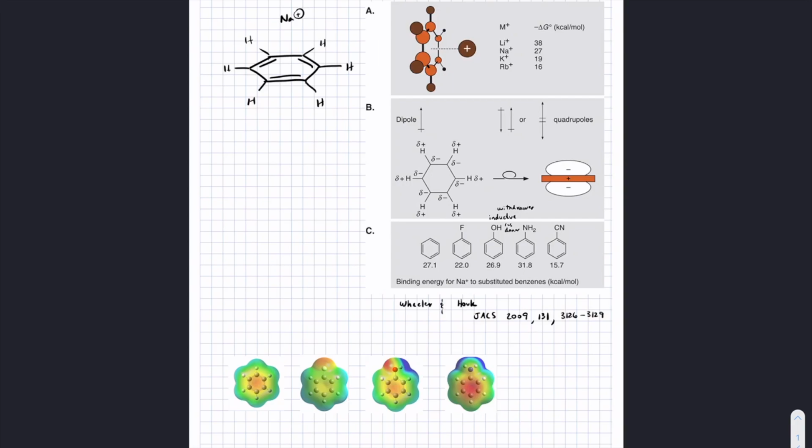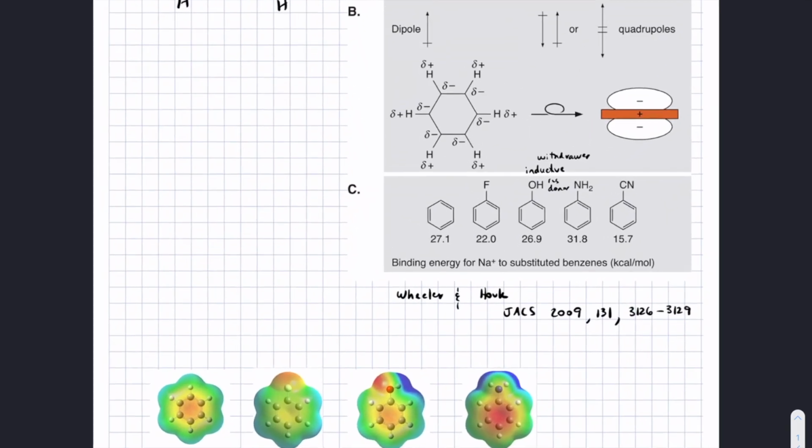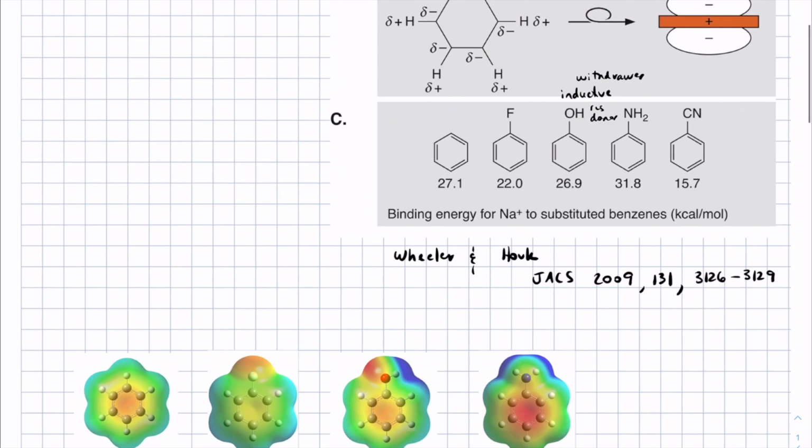All right. I just wanted to show you, last time we were talking about cation-pi interactions, and I wanted to show you a few electrostatic potential diagrams. I know we were searching the internet for some and couldn't find them. I just went and did the calculations myself to generate these electrostatic potential diagrams. So remember, the numbers on the bottom of this panel refer to binding energy of sodium for these various arenes. And I just wanted to demonstrate that the energy of binding really does correlate with how electron-rich the face of